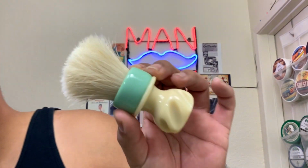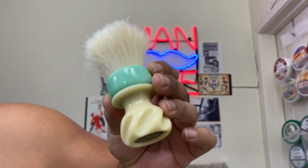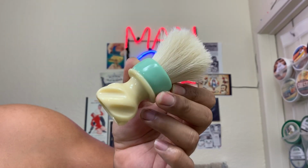So we're gonna get into a pretty badass shave, a long awaited shave. I have so long been waiting to use this soap, and been waiting a long time to get a hold of this brush here. So you can already tell by the intro of the video, the thumbnail as well, I will be using, got the camera set up a little different today, so I'm probably a little too close. Going to be using the Boar Knot set inside of my retro